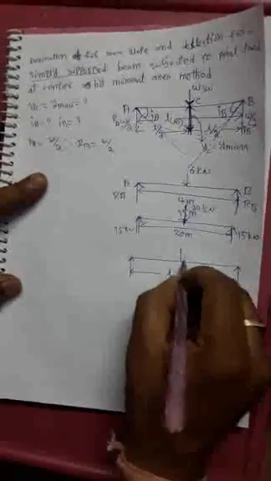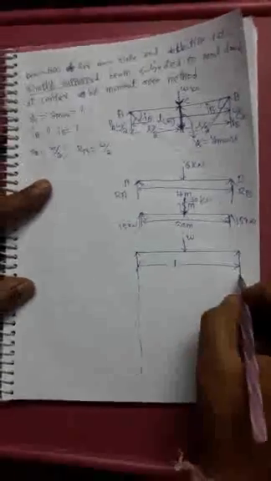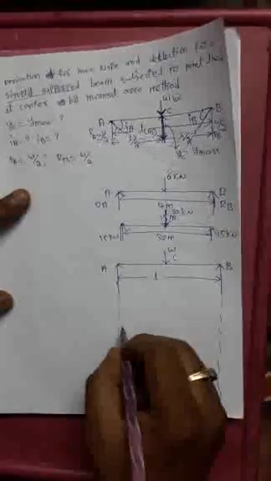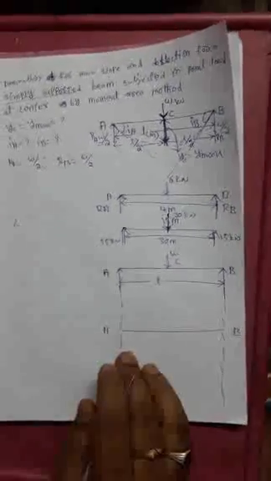So span length L, W. This is the reference line, and A, B, C. This is the baseline. For this particular beam AB, we are going to find the maximum slope and deflection. We need